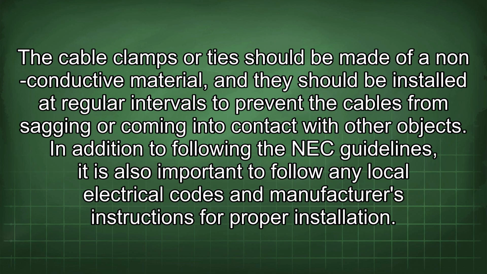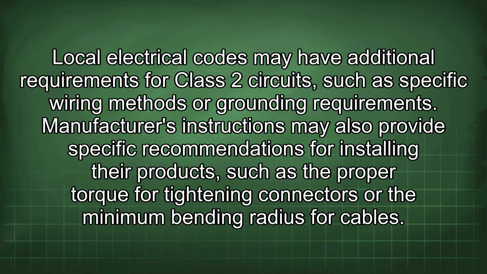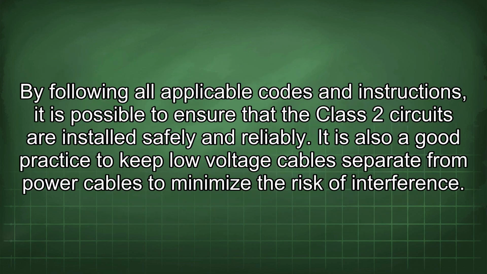In addition to following the NEC guidelines, it is also important to follow any local electrical codes and manufacturer's instructions for proper installation. Local electrical codes may have additional requirements for Class 2 circuits, such as specific wiring methods or grounding requirements. Manufacturers' instructions may also provide specific recommendations for installing their products, such as the proper torque for tightening connectors or the minimum bending radius for cables. By following all applicable codes and instructions, it is possible to ensure that the Class 2 circuits are installed safely